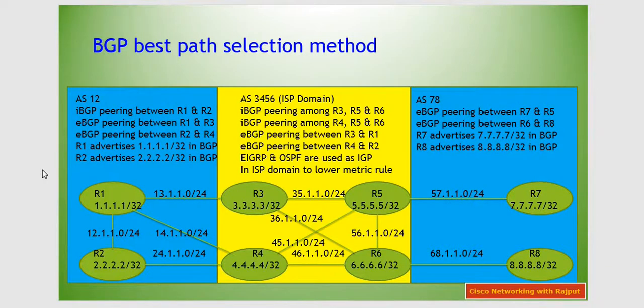We have the same setup which we had in our last video. Router 1 and router 2 are working as mission critical sites, MCS site, and both of these are backing each other. Router 3, 4, 5, 6 are representing the ISP domain. Router 7 and 8 are remote sites of the same customer. Okay, let us go to live devices and see how we can use AS path and MED to influence incoming